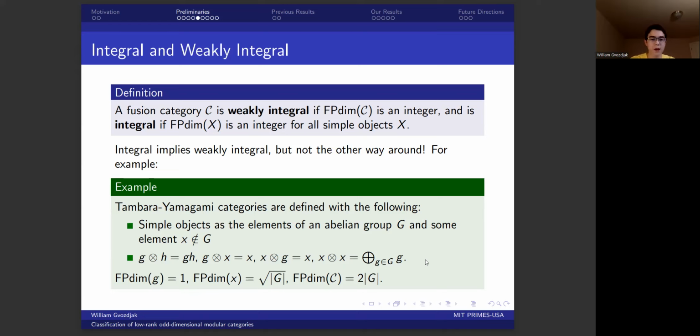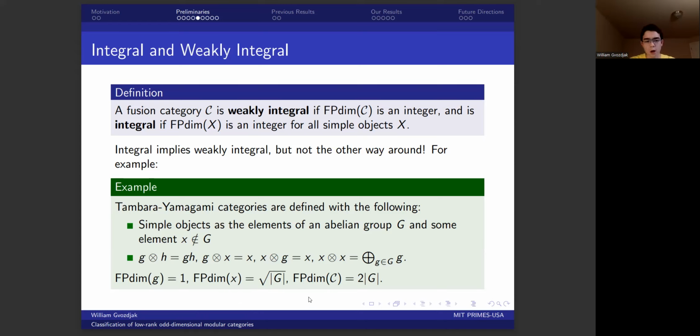We then end up with the FPDIM of X being equal to the square root of the order of G. So immediately we can see that if the order of G is not a perfect square, then the FPDIM of X will be irrational, and therefore our fusion category C will not be integral. But we can see that C will necessarily be weakly integral, because if we actually compute the Frobenius pair dimension